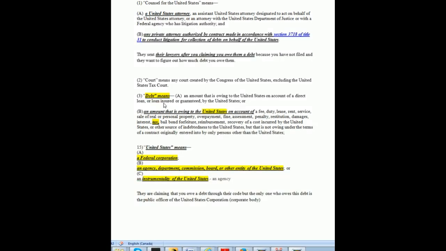This is the operation of law, the mechanisms of law that are being drawn out of the code to try and force you to pay a taxation, a contribution to the economic, social, and cultural development of the United States. You clearly see that a debt means a tax liability to the United States, and the United States, under the tax code, is nothing more than a body corporate, a federal corporation. And they're declaring that you're a public officer to this corporation, and as such, you owe a duty to perform under this enactment.